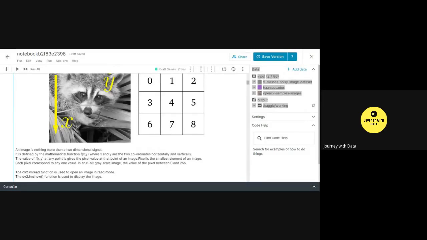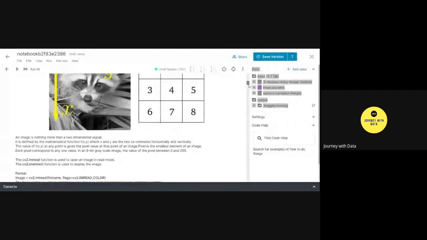Now we'll see how to read an image in Python. So I'm using Kaggle here for any Python processing, for demonstration purposes. Kaggle is a great learning platform, and I know that you must already be aware of this platform.